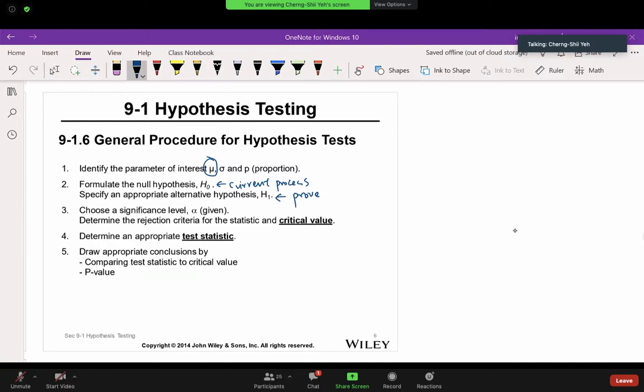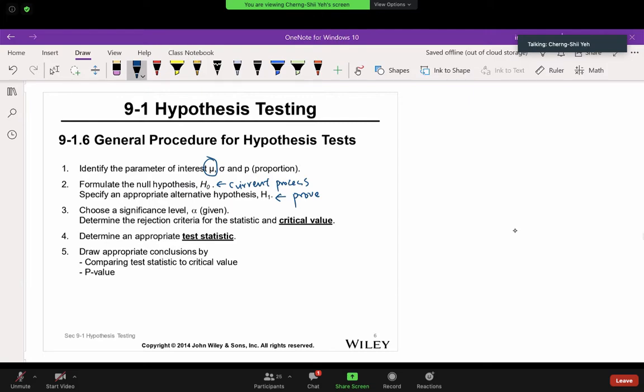Our result is either fail to reject the null hypothesis, which means the current process is still true, or we reject the null hypothesis and prove that my alternative hypothesis is true, that something has changed in my